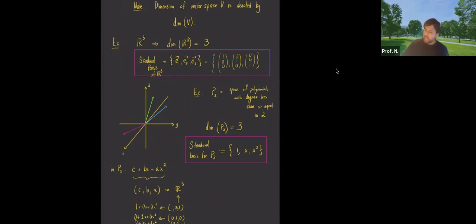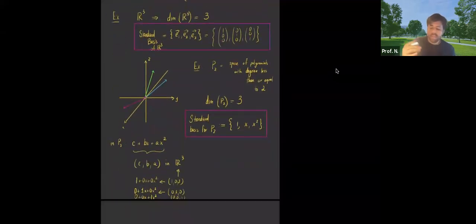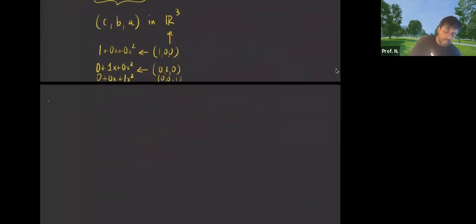Again, if this doesn't make sense, please let me know. Does that make sense, guys? The standard basis stuff? This idea of standard basis? And so we have the standard basis for R3. We have the standard basis for P2. So these are vector spaces that we have seen a lot of. And how about the standard basis for